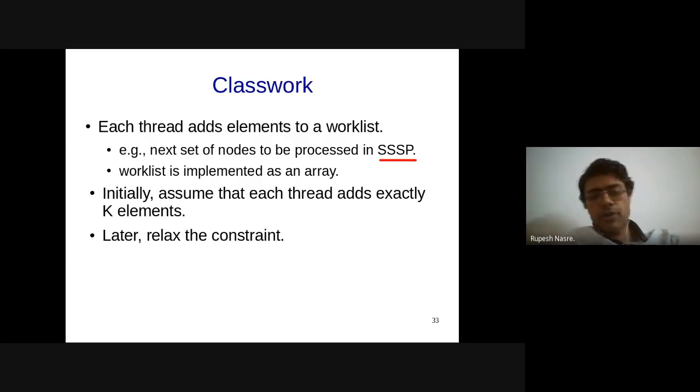So I get the counter value using atomic increment and I do not multiply it by k. What that will have as an effect is that different elements of the same thread, let's say I want to insert k elements, might not get inserted in the contiguous map. Earlier when I was reserving a chunk of k, I was actually getting a contiguous chunk. But in some applications that might not be required.